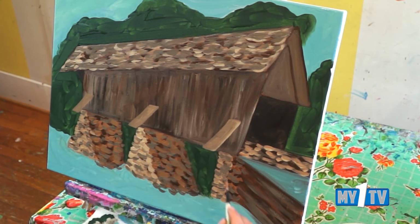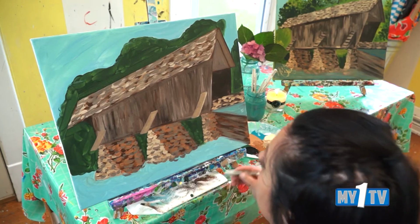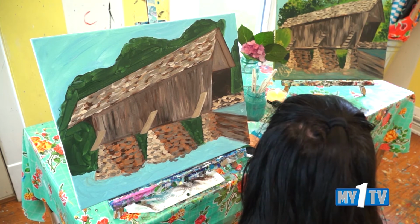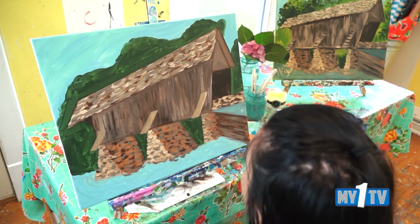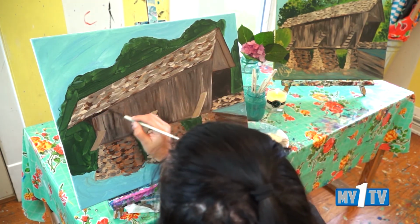And we'll do the same thing through this little section over here at the right. Then we can always, if it dries too dark, come back and throw a few more rocks on there. But I think that's a pretty good start. So we'll still use that same size brush, just like a number 4, just wipe it off a little bit and grab some of that dark brown and black together, because you want a really dark brown, almost black. And right underneath, like right where our roof hits the side of our bridge, we're gonna throw just